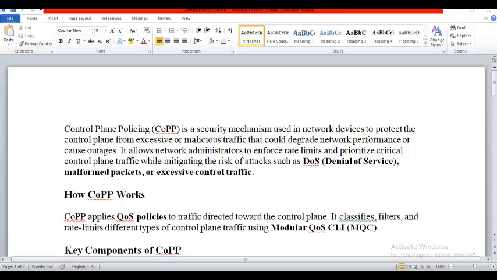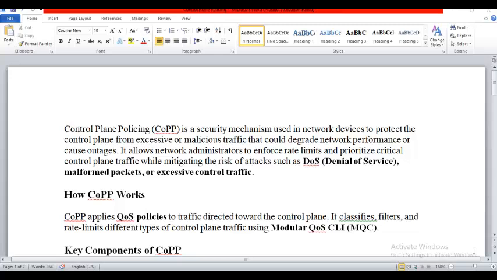What protocol we have in control plane? Routing protocols. They are the one which decides the forwarding decision, control. So with quality of service policy only, we are now going to limit the amount of traffic that can be generated from BGP, from OSPF, from ISIS, all control plane traffics.